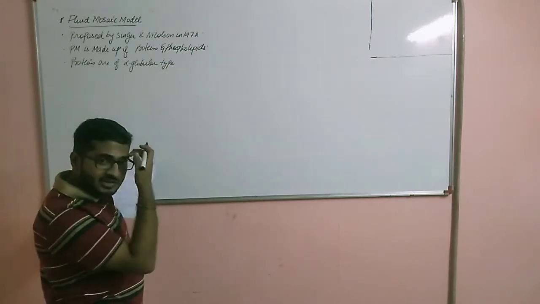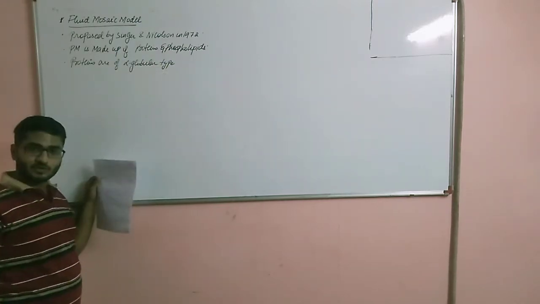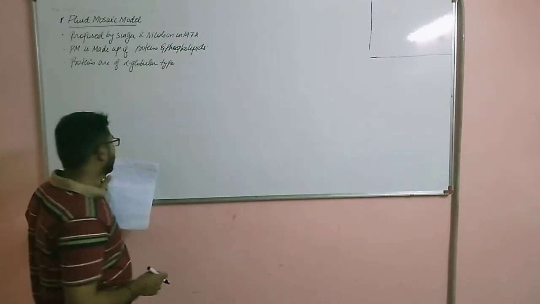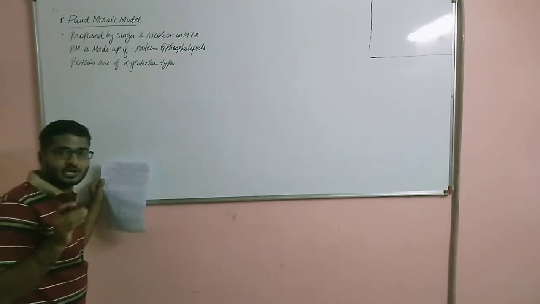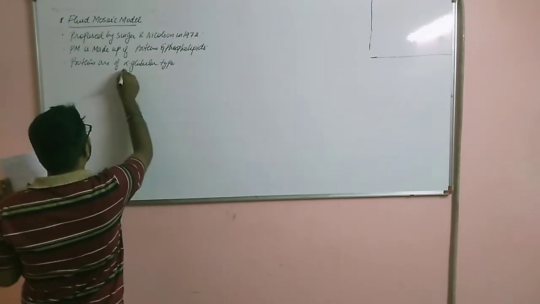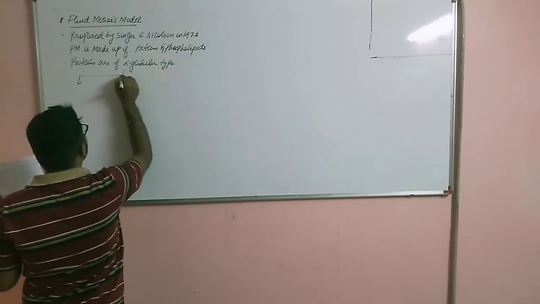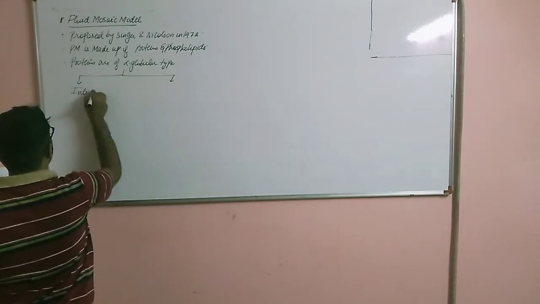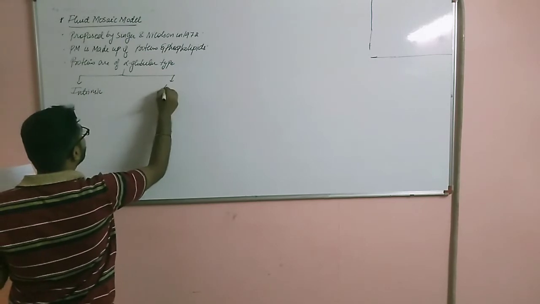Now, what additional thing they have given regarding the protein is they have divided proteins based on the location, whether the protein is located interiorly or exteriorly. So, on the basis of the location, they have divided proteins into 2: